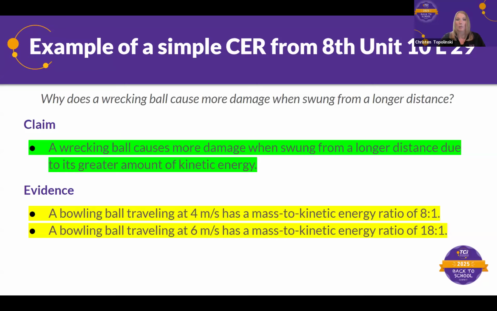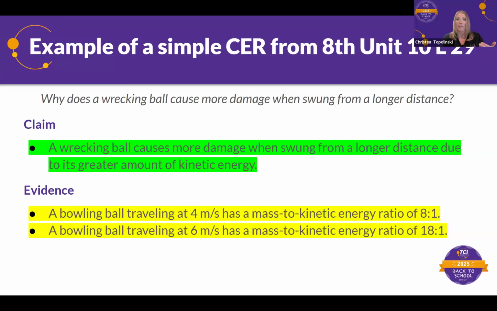But why does a wrecking ball cause more damage when swung from a longer distance? I just broke it into one part of the question to make it easier to see. So the claim: a wrecking ball causes more damage when it's swung from a longer distance due to its greater amount of kinetic energy. When we collected that evidence, when we looked at those graphs, we found that a